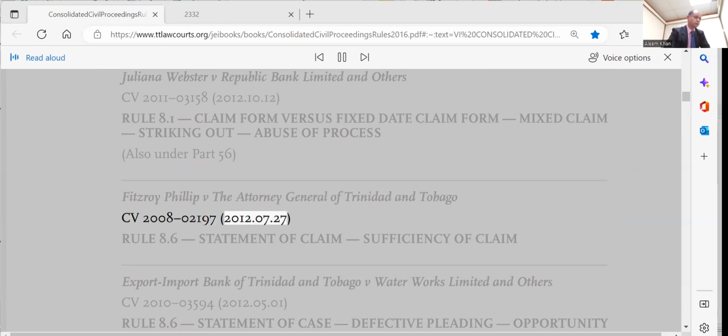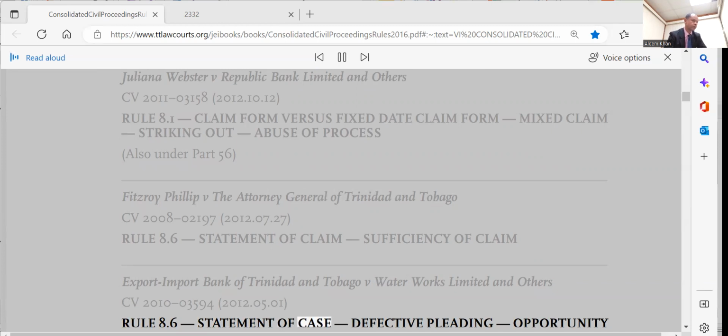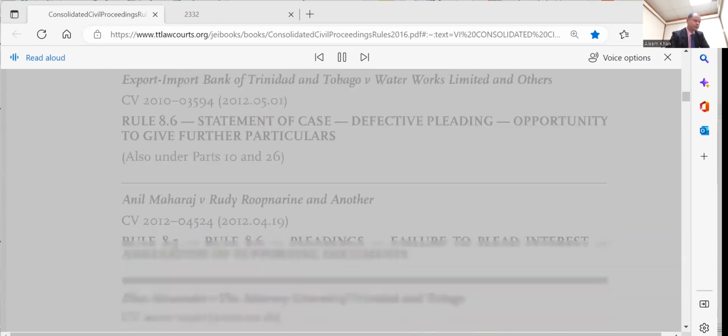CV 2008-02197, July 27, 2012, Rule 8.6, Statement of Claim, Sufficiency of Claim. Export-Import Bank of Trinidad and Tobago v. Water Works Limited and others, CV 2010-03594, May 1, 2012, Rule 8.6, Statement of Case, Defective Pleading, Opportunity to give further particulars, also under Parts 10